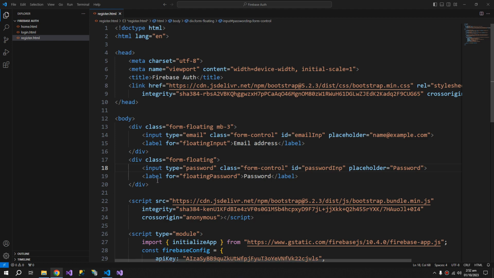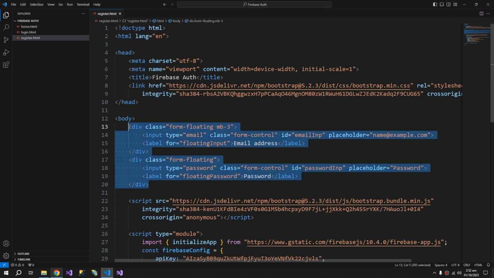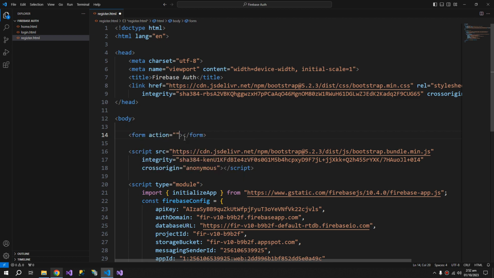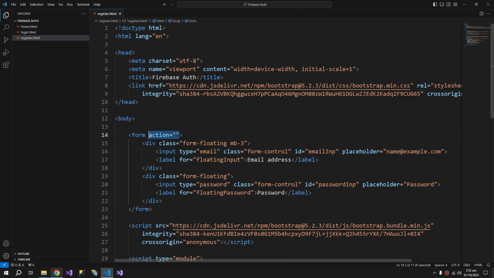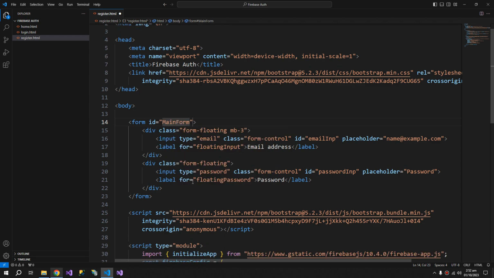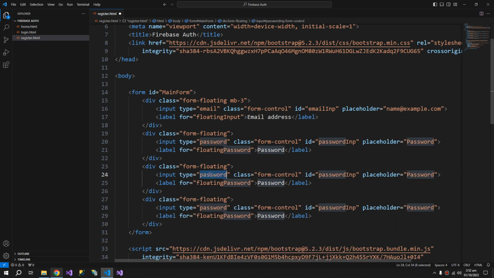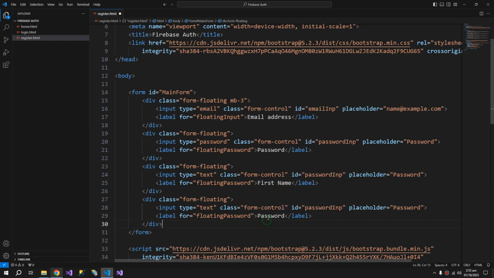So now let's put these divs under a form, which is the right way to do it. And this form will have an ID of, let's say, main form, and I will copy this. This is going to be text, and we will be saving first and last name in the database,